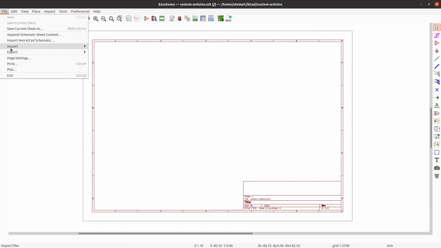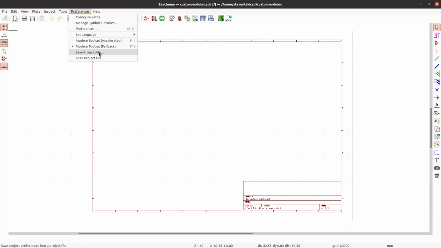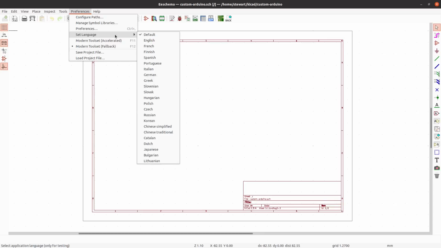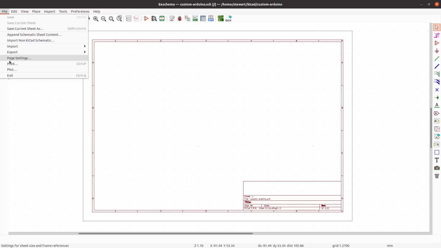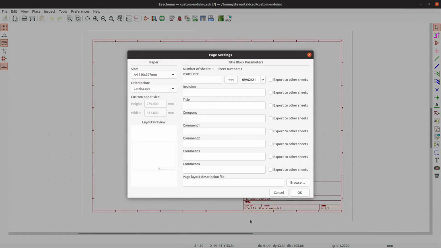And if you want to change, there's more preferences elsewhere, things like the operation of your mouse, which you might want to change, because I made some changes so it didn't keep following me as I zoomed in and things like that, but that's up to you. But the one thing worth looking at when you start a project is going into the page settings,